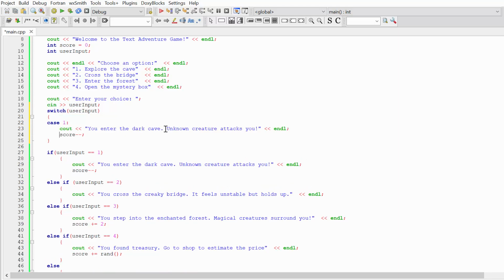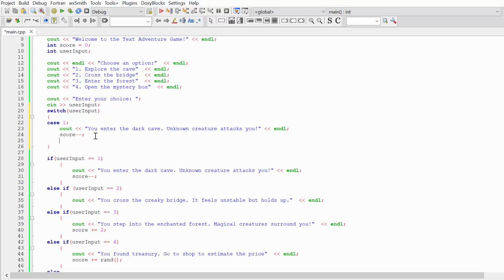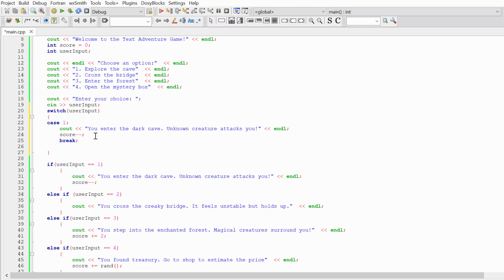I'm going to type you enter the dark cave and change the score of our user. And it's very important that after the code you are going to execute, you write the keyword break we discussed in the previous lesson, and later we are going to discuss why it's so crucial to write break in each case you test. So then I'm going to check if my user input is equal to 2.